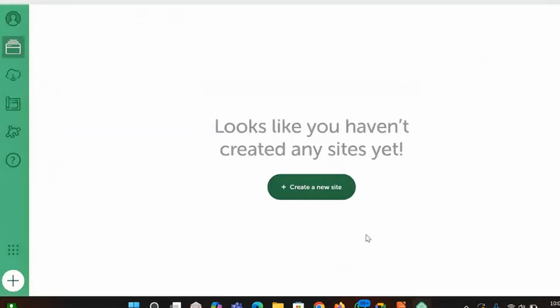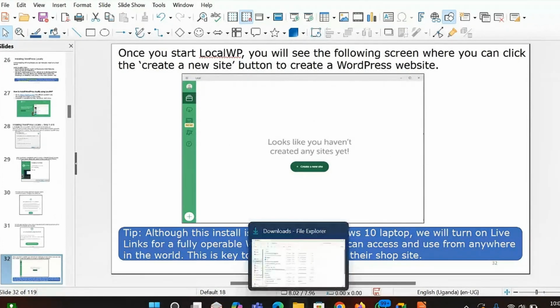Okay. So you can see Local is already installed on my computer, but let me reinstall.